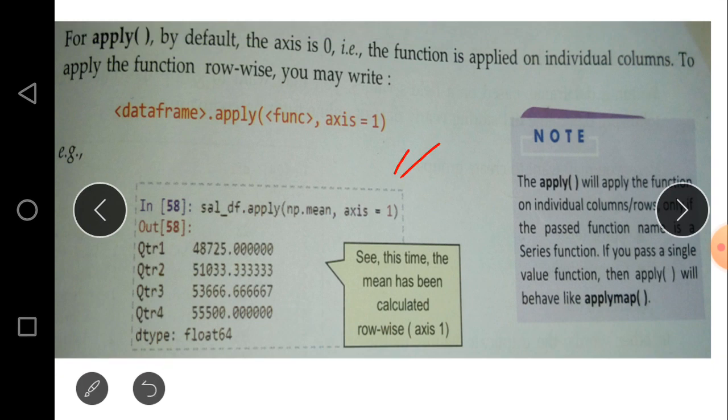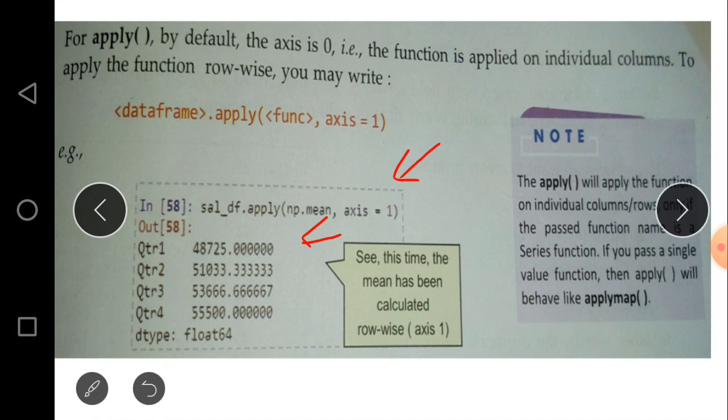That's why there is no representation in terms of the years 2016 to 2019; it is just the opposite of axis 0. In axis 0 column names appear, in axis 1 row names appear, and the mean is calculated against these rows. So it is a row-wise implementation.